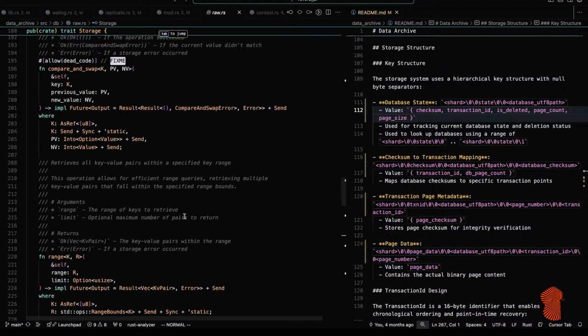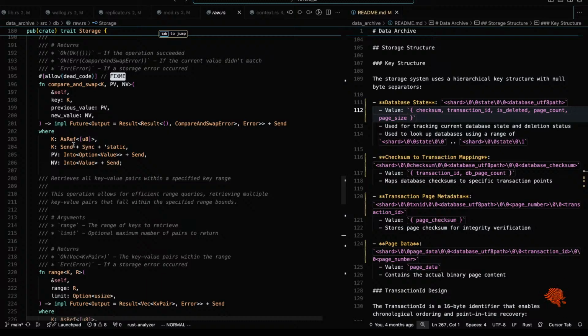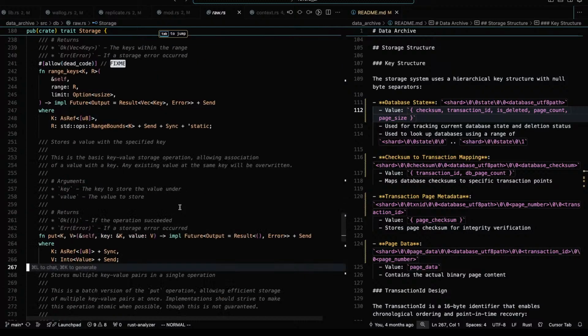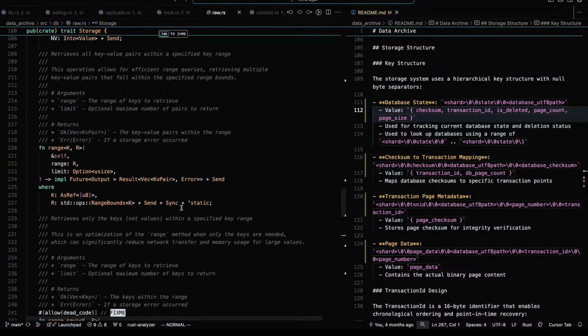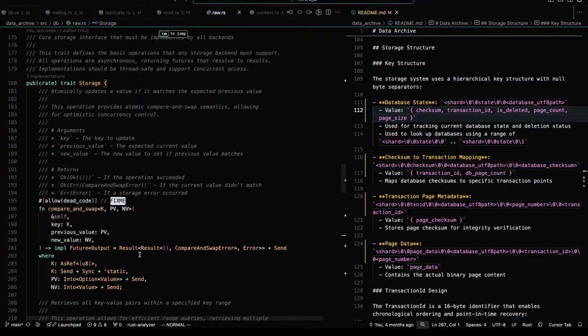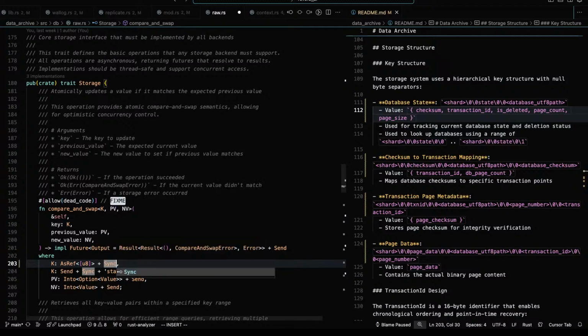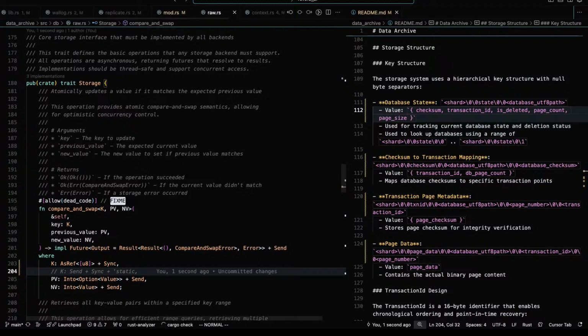Oh, fascinating. Okay. I wonder if we can relax this a bit. Yeah, that just broke our implementations. It's fine.